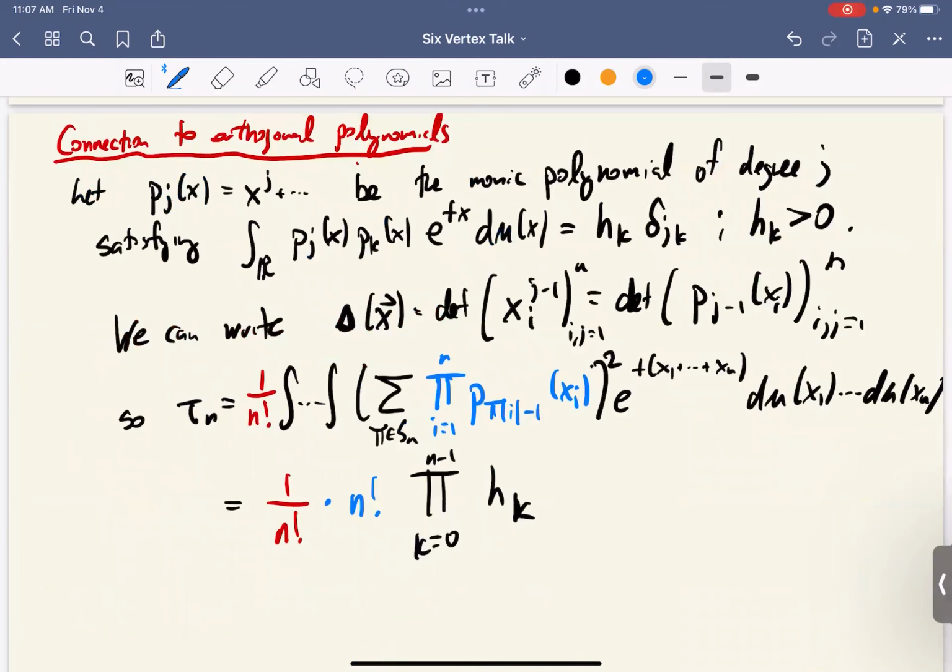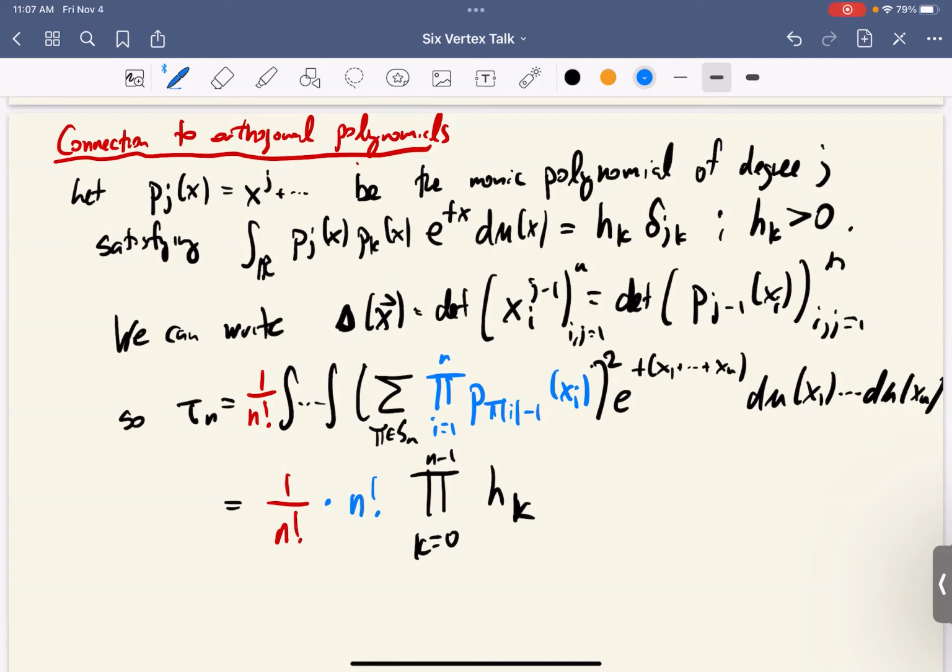But this presented a nice opportunity for people that like orthogonal polynomials to do some really nice work. So the method in random matrices to compute the asymptotics of the partition function was to rewrite that big multiple integral in terms of orthogonal polynomials. And you can do the same thing here.